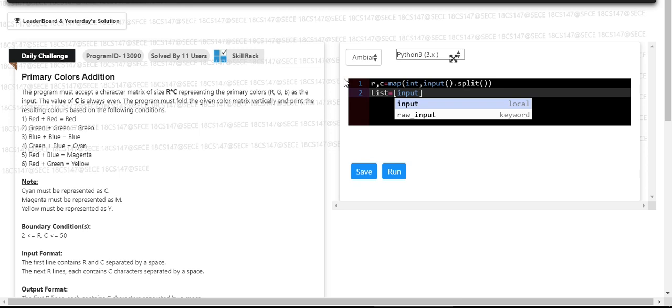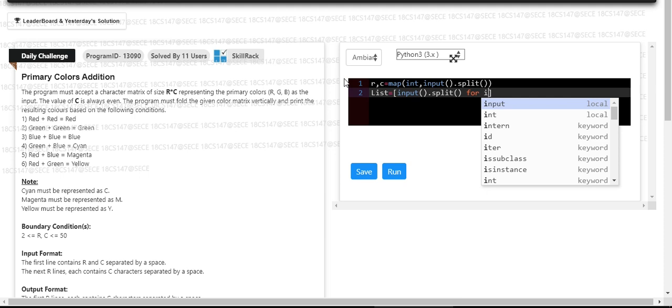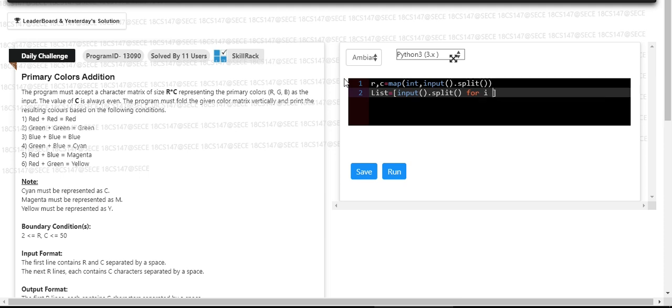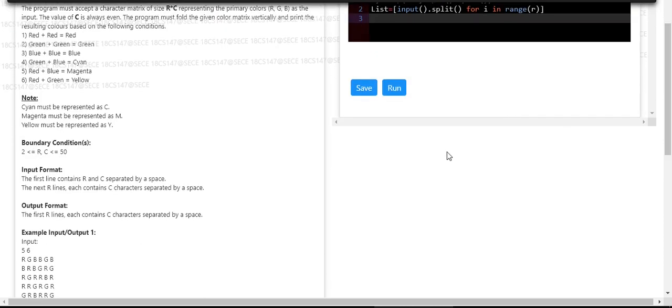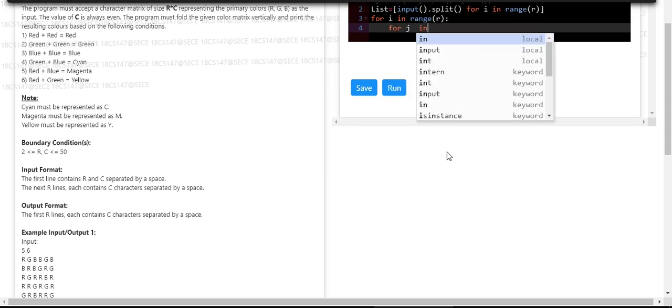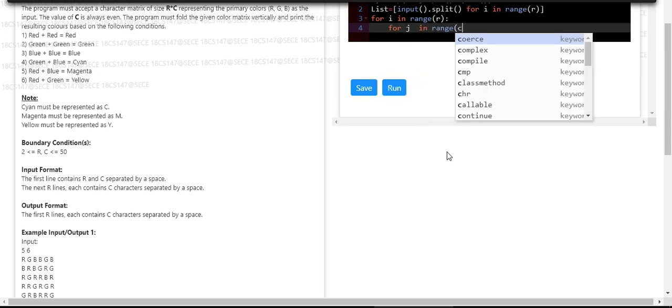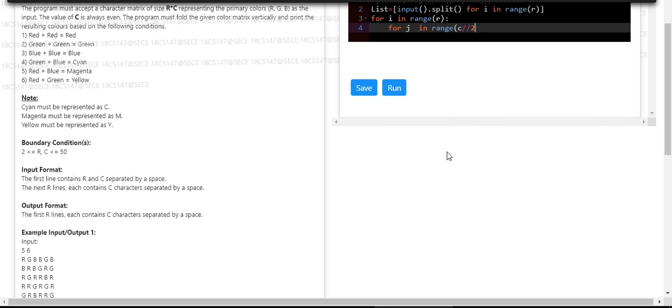So input dot split for i in range of R. Okay, what we have to do now is for i in range of row, for j in range of column by 2,